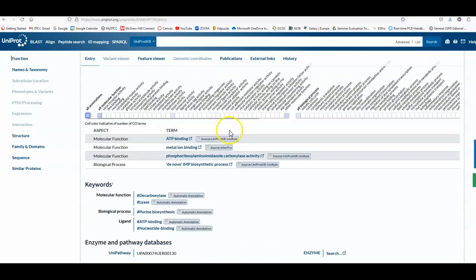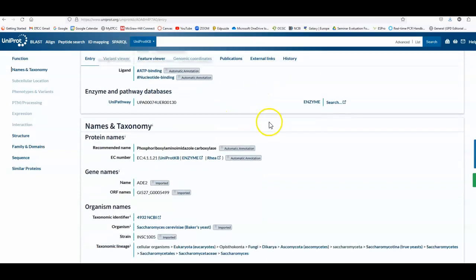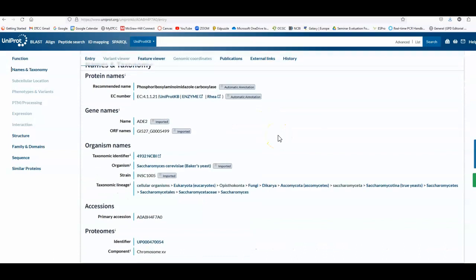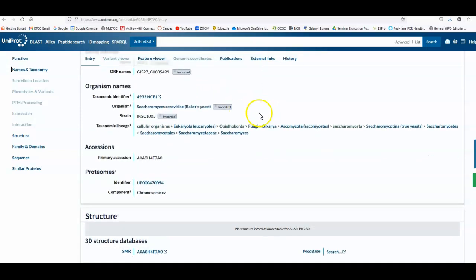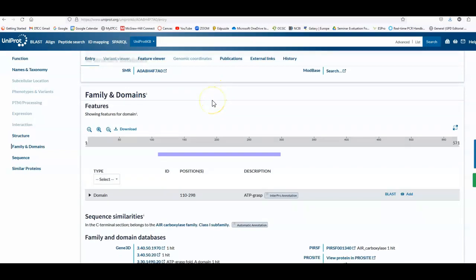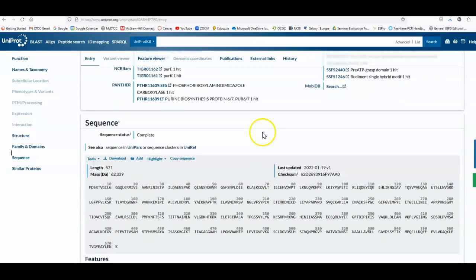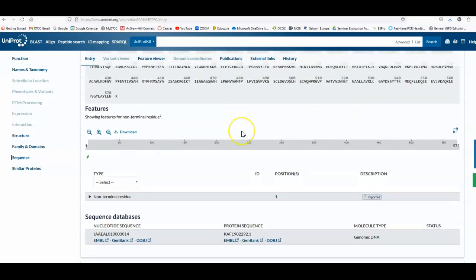And as we keep scrolling down, we can see all kinds of other information, like what its function is. We can see some different functions or processes that it does. It looks like it's a decarboxylase. And as we keep going down, we can see other names, the gene name, the organism, the family and domains. We're going to talk about domains in a little bit. And it shows you the particular domain databases where we can view some of these things. Here's the actual amino acid sequence,